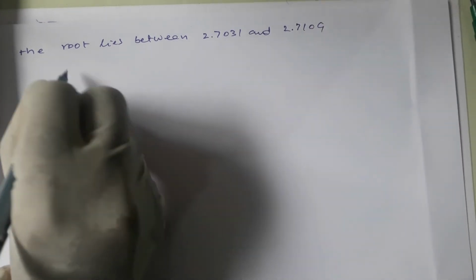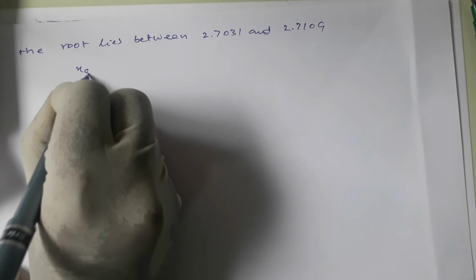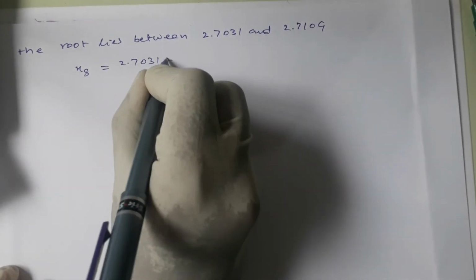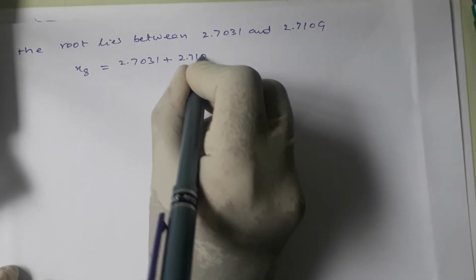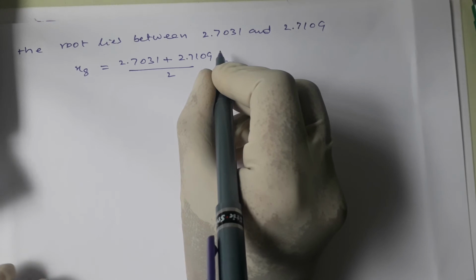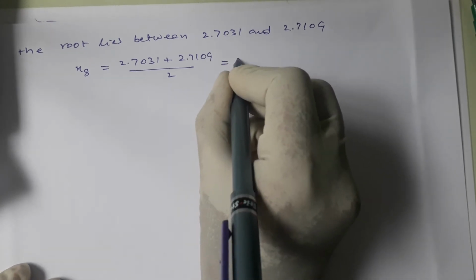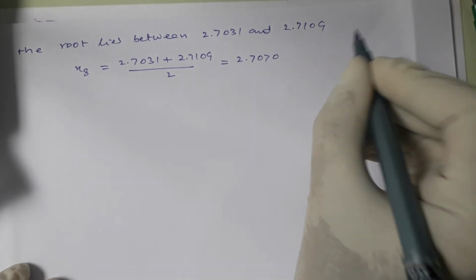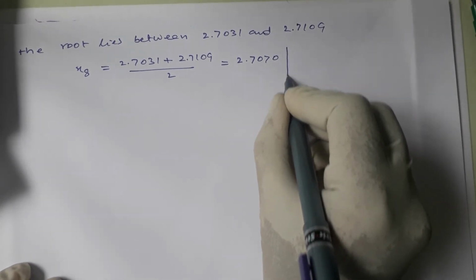So that x8 is equal to 2.7031 plus 2.7109 divided by 2 is equal to 2.7070. It is f of